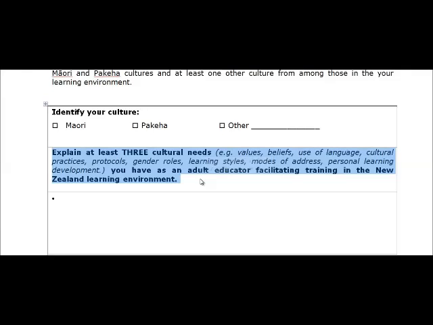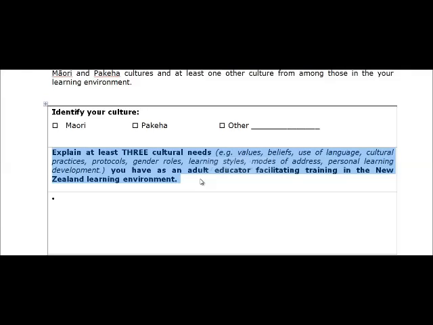hey, you could say time management is important. All right, if that's one of the things you think is important in your culture, then you might say that. Time management is important. Students arriving on time is really important. No swearing in the classroom could be a cultural need that you have. Personal presentation and hygiene could be a cultural need. Use of cell phones. How the classroom is managed. So is it an environment where people can't talk over each other and is debate, or is it in your culture that's not an appropriate